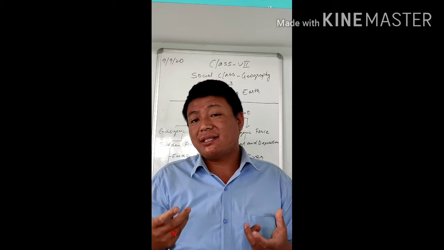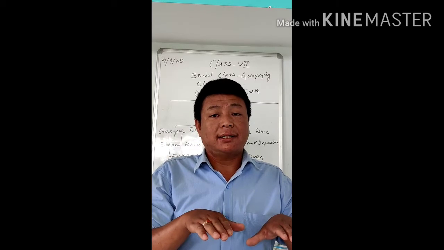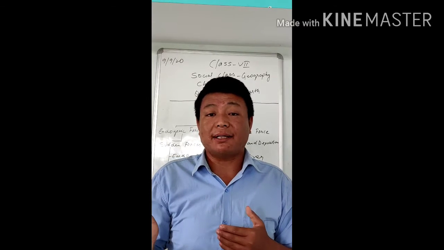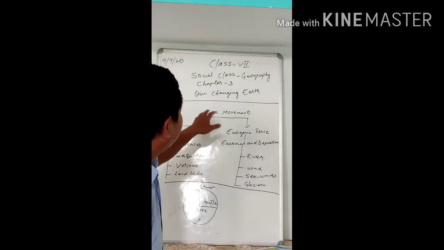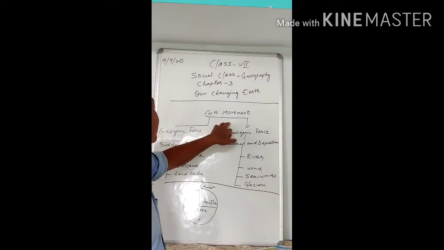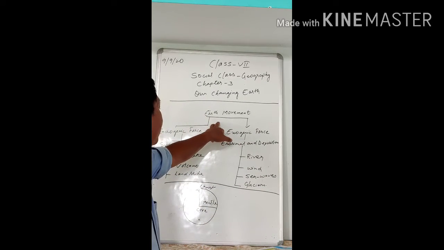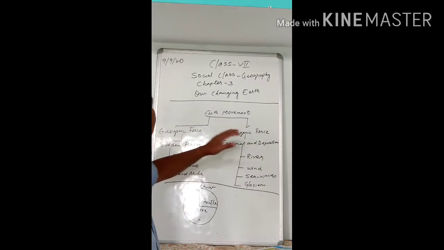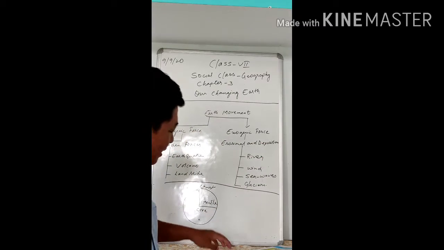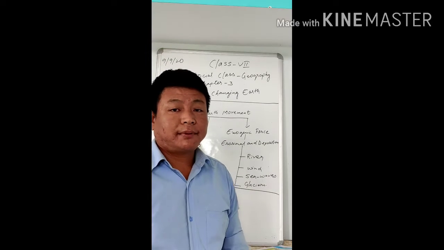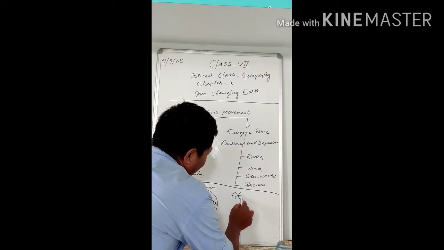Due to that frequent change in temperatures and the movement of the earth crust, we find some natural calamities. I will explain these things one by one. So now I'll start the earth movement topic of your chapter. On earth movement, we have to concentrate especially on two terms, that is endogenic force and exogenic force. As I already mentioned, the four spheres are there, that is atmosphere,